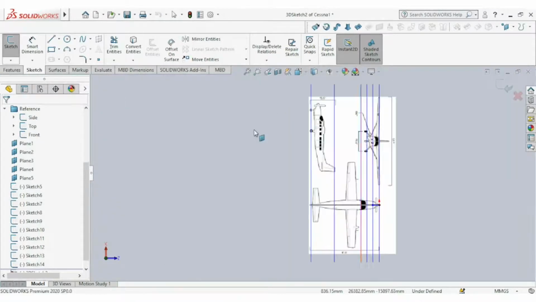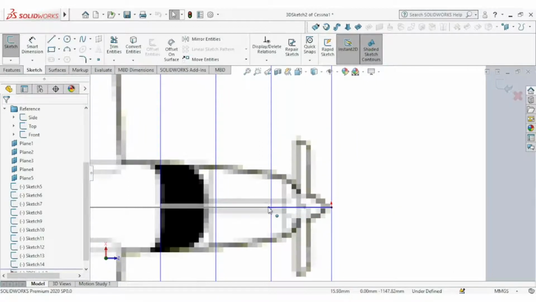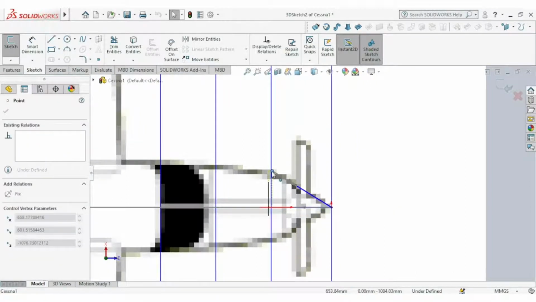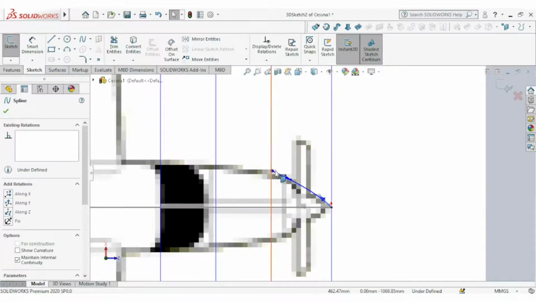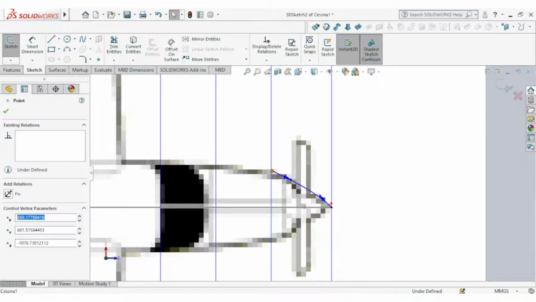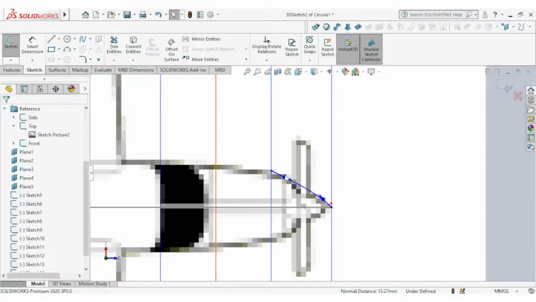Top view. And then select this last point, press Ctrl on your keyboard, select this plane, and select one plane. Now it's tied this point and the first point.